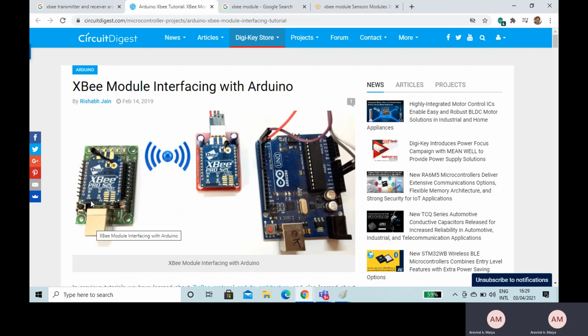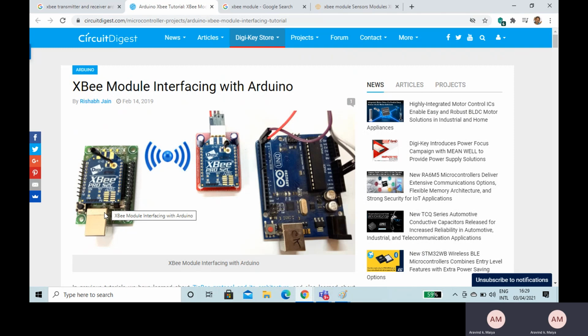Okay, so one works as the receiver and one works as the transmitter. In a transmitter, we have an XB module connected to the Arduino, which is connected to the computer. While in a receiver, we have an XB module, which is directly connected to the computer.